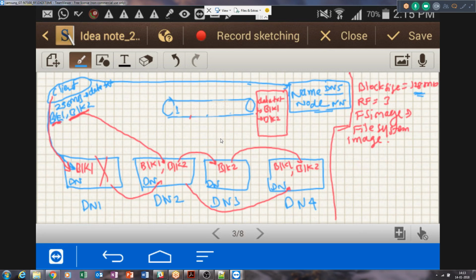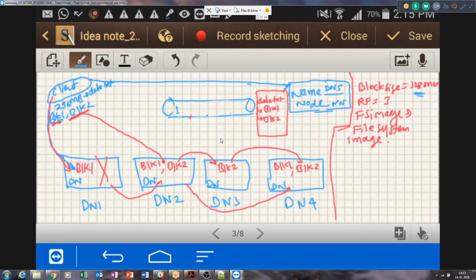Okay, so name node at any point in time will be able to reconstruct the information out of this file system. How come? Because data.txt, it knows that block 1 and block 2 it is having. That is with FS image, that is with name node itself, and name node knows which particular file is having how many blocks, what are the names of the blocks for that particular file, and where those blocks are present in the available data nodes. The second thing also is known through the block report.